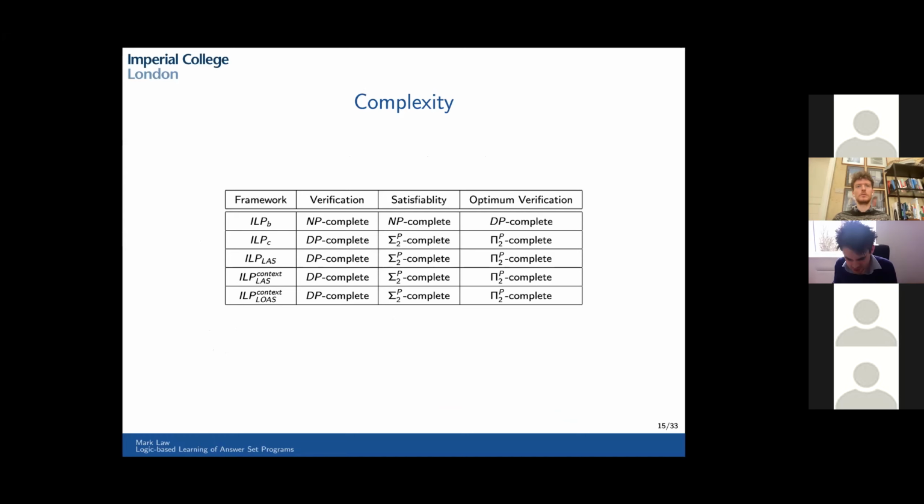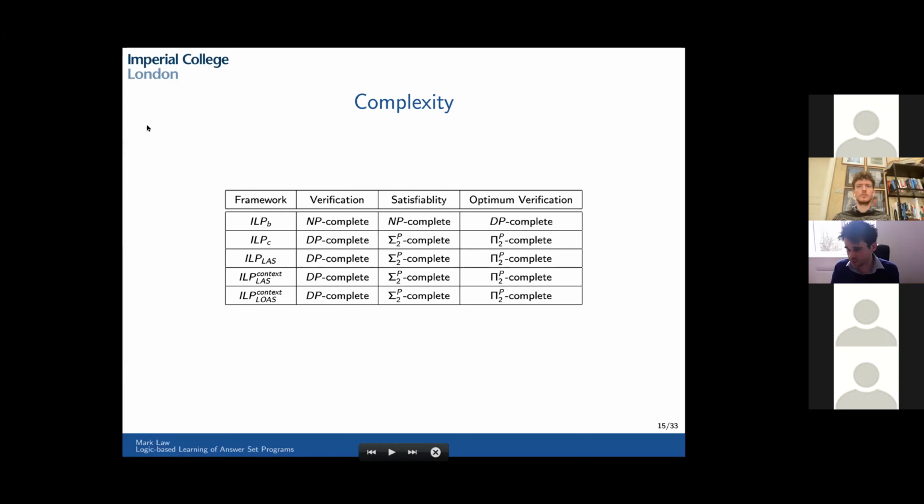So on the other side, though, you might ask, with this increased generality, is there any cost in terms of computational complexity? The results shown on this slide are all in terms of propositional versions of the learning framework. I am working on upgrading these to first order versions, or at least function-free first order, but we haven't published that yet. Just to go into a little more detail, there are 3 decision problems that we're considering here.